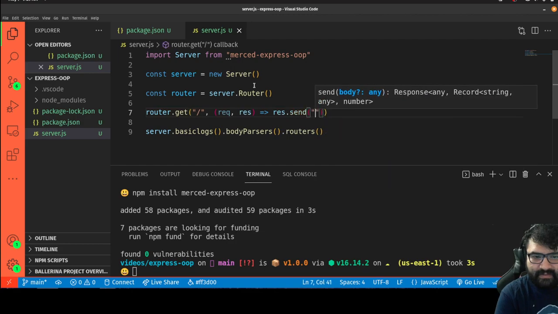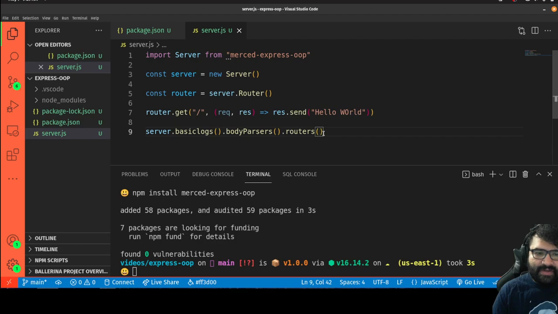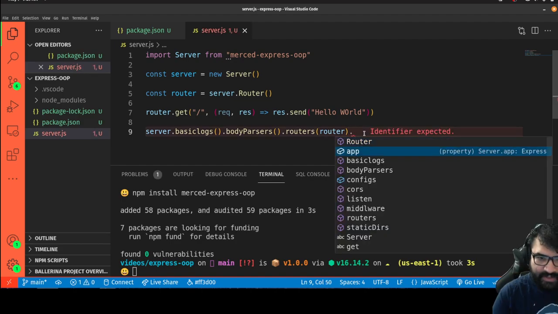res.send hello world, and then I would just register this router. And just to show you all the other methods this thing has,